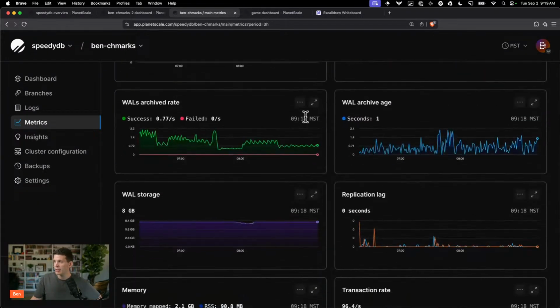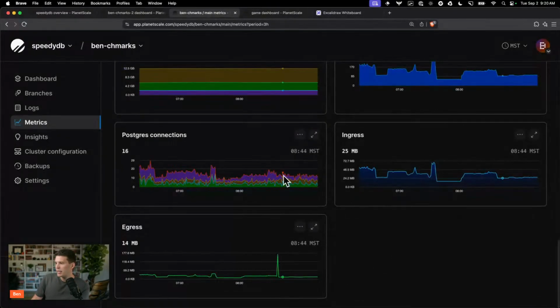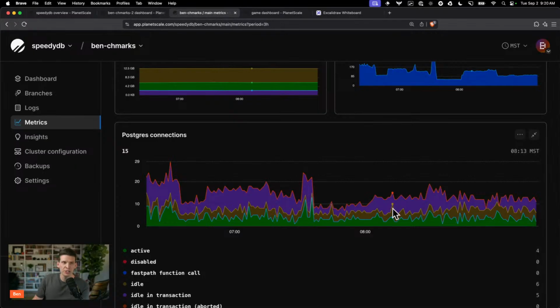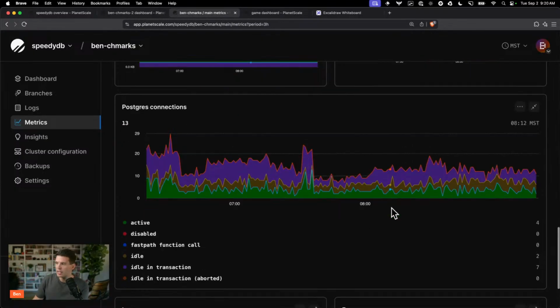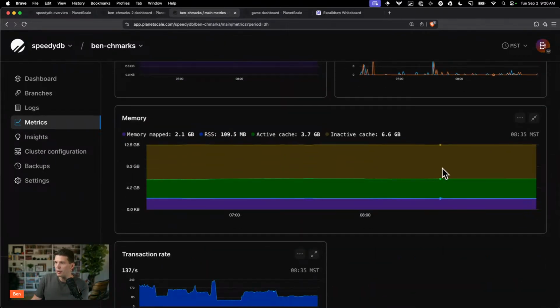But a lot of other things, like we'll talk about backup soon, which require, if you do point-in-time recovery, you're going to be using the write-ahead log, and you need the write-ahead log in general for logging. So you can see stats on the archival rate for these and whether it's failing or succeeding. And some other interesting stuff, like how many connections are being made on your database over time and what those connections are composed of. Then your memory usage. We show memory up on the top, but this is a more detailed breakdown of how much is your active Postgres cache versus inactive OS cache, things like that,